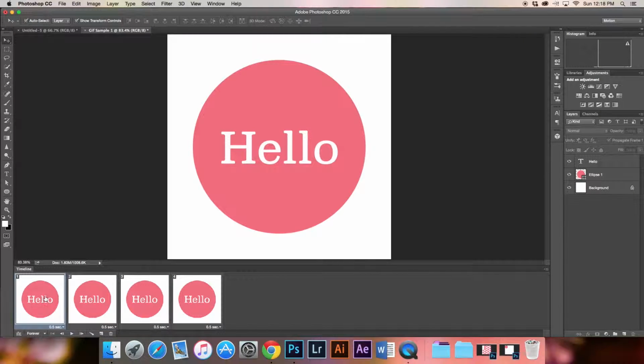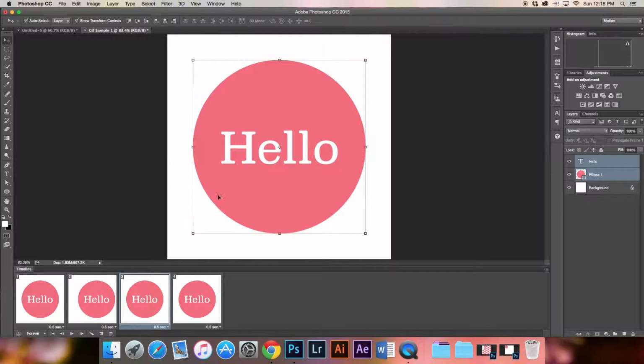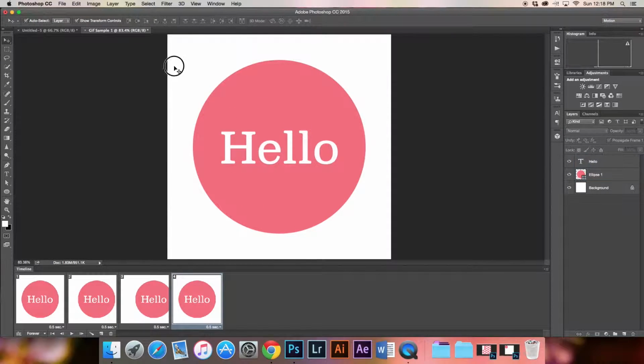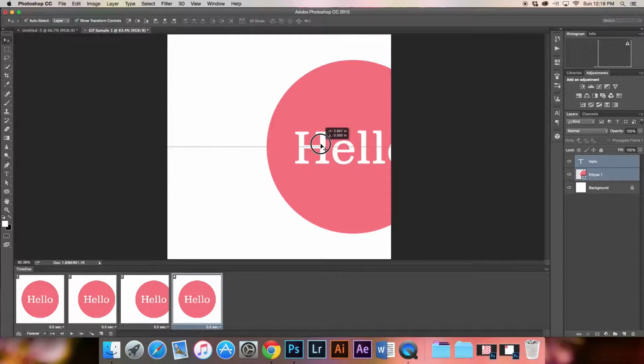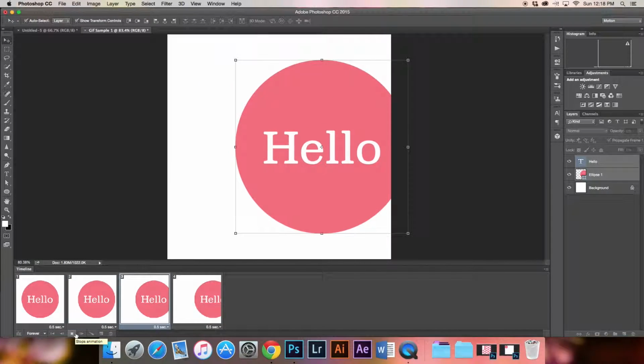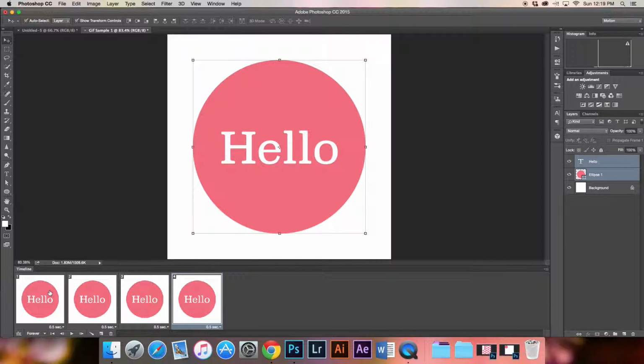And the next thing you can do is change the position of an object. So let's say we want this circle to start going off the screen. And I'll go to my second frame here, select this. I'm just going to move this over a little bit, go to the third frame, do the same, move it over a little bit more, and then with the last frame, I'm going to move it over a little bit more. Now it will give the appearance that these things are moving off the screen. I'm just going to undo really fast here.